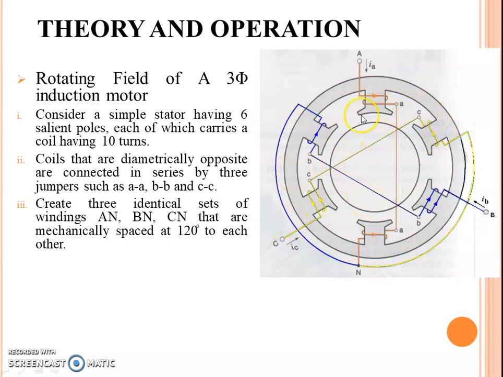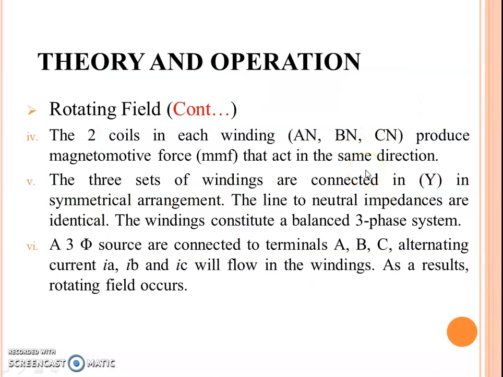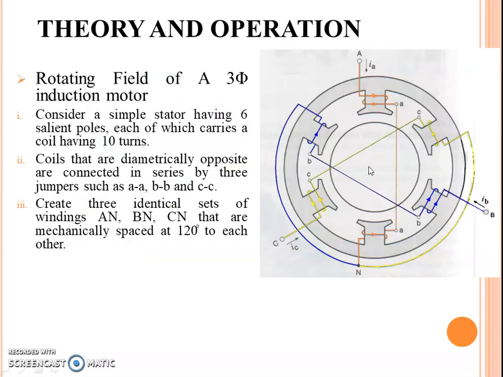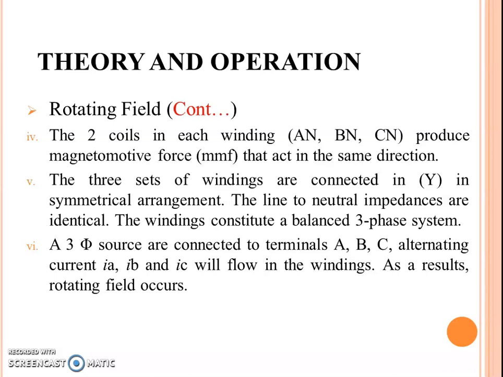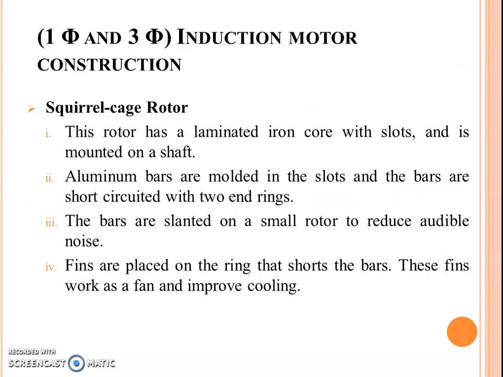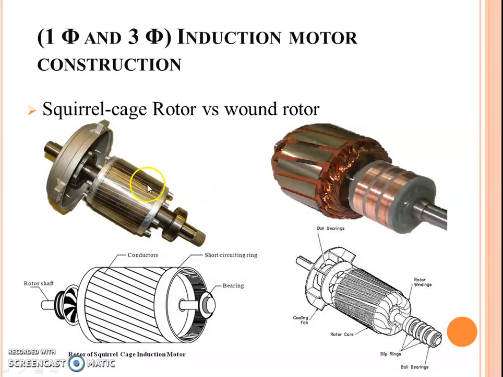This rotating magnetic field will produce a voltage difference between the iron bars here, and so the current will flow in. When the current flows in, you produce the torque, and we have the right